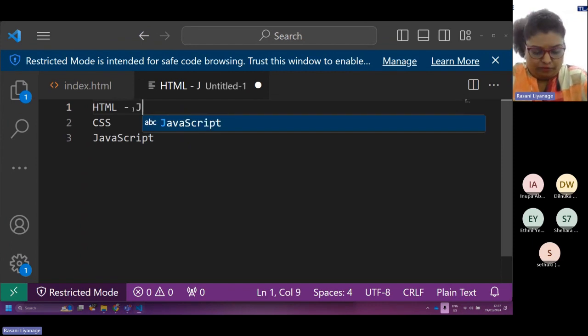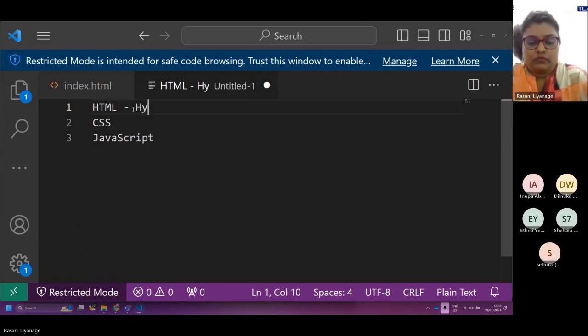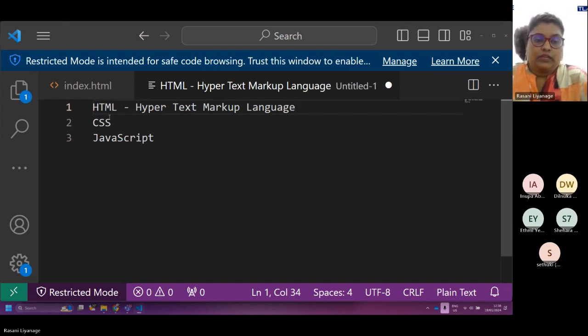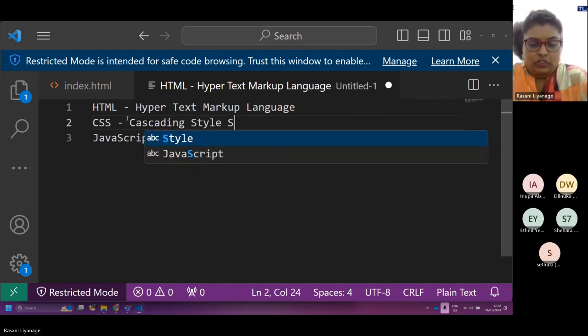HTML, long form, Hypertext Markup Language. Next, CSS, Cascading Style Sheet.